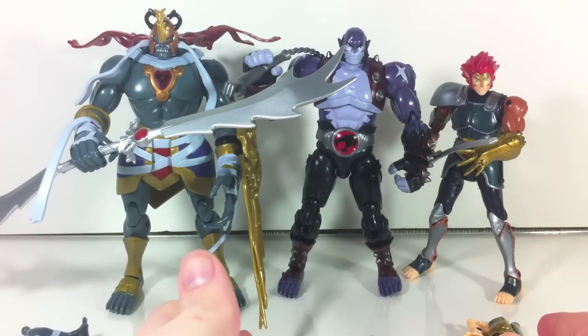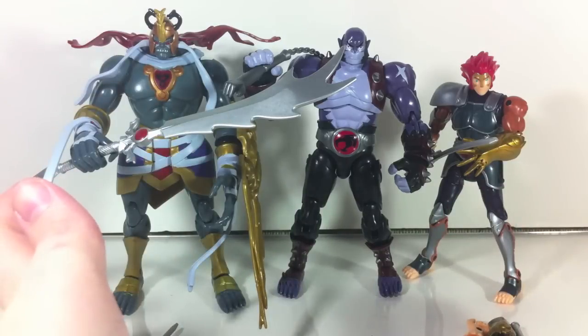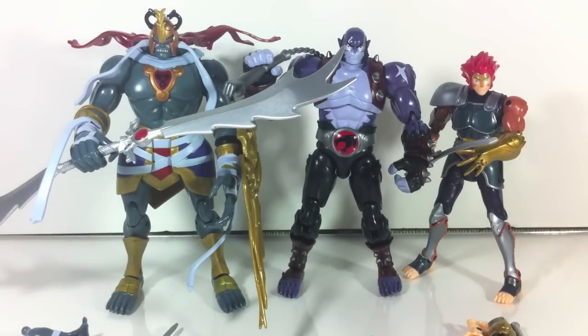If you're getting them for your kids, I would probably advise just getting the 4-inch figures, just because they're a little bit more on the fun scale, as opposed to these, which are clearly more of a collector figure. So definitely recommend these. Look out for Tigra and Cheetara in Wave 2,